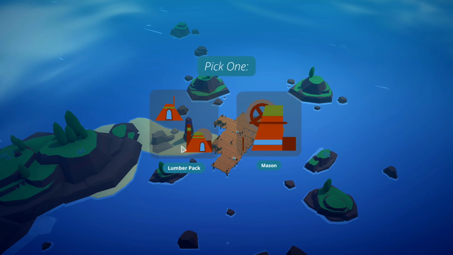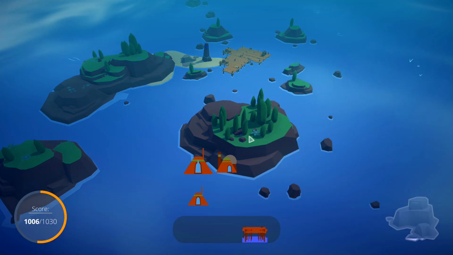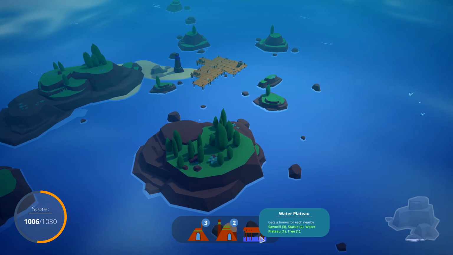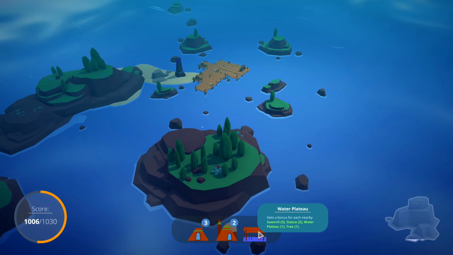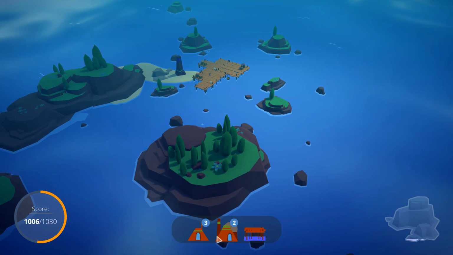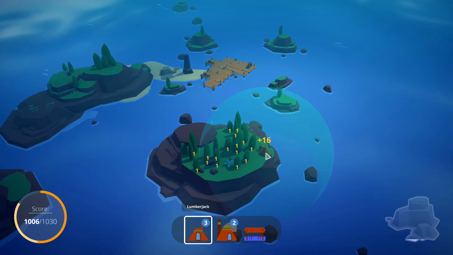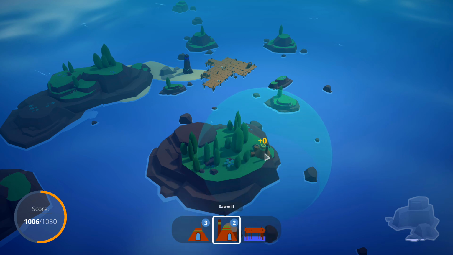Now we've got a lumber pack and a mason. I'm going to start with the lumber pack because we got a lot of trees to work with. And they also give us a water plateau. So it seems like because this island, or this section, is mostly water, we're going to get a lot of these plateaus to build out our city. This is going to be fun. So with the lumberjack, of course, put this bad boy right here. Actually, no, let me start with this sawmill. Anyway,